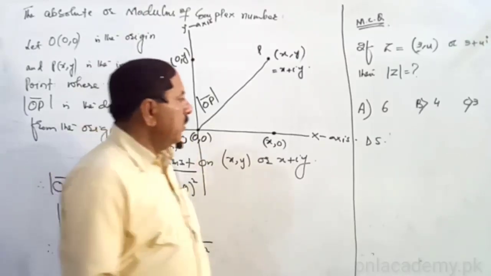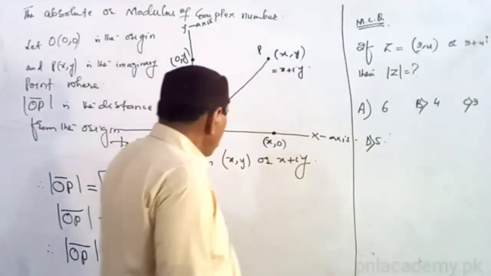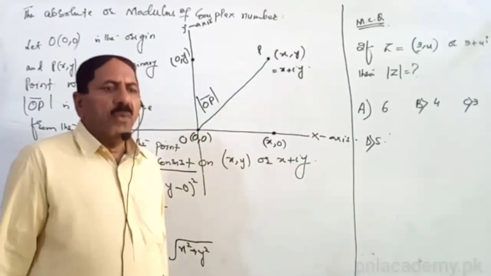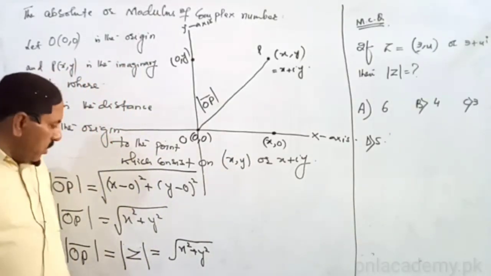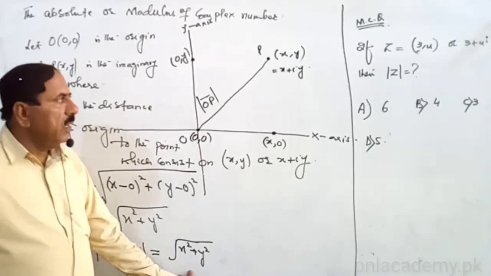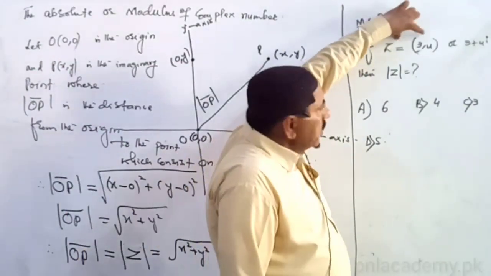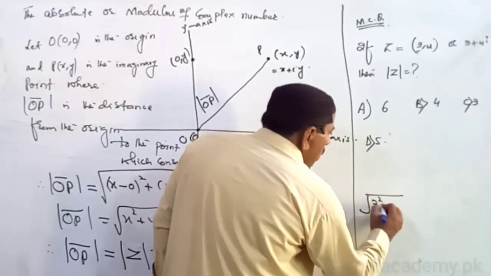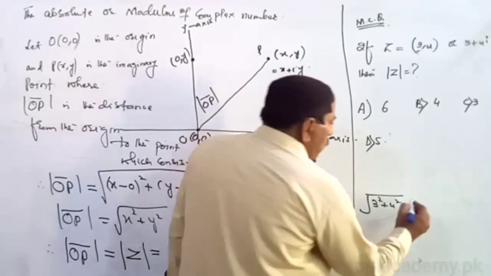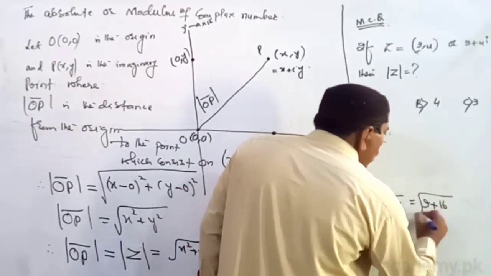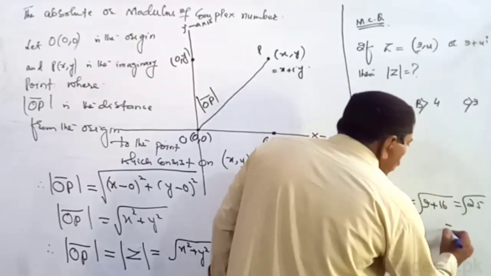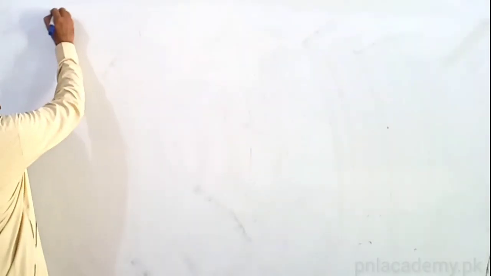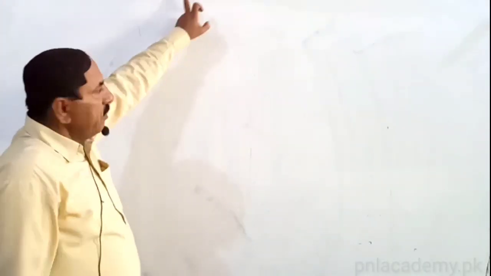So according to condition, you also know that any complex plane is consists on the point x comma y, then its absolute value is radical x square plus y square. Here the point consists on 3 comma 4. Then its absolute value will be radical of 3 square plus 4 square, which will be 9 plus 16, which also will be 25, which also radical 5. So D is the correct option. This was the modulus of the complex number.